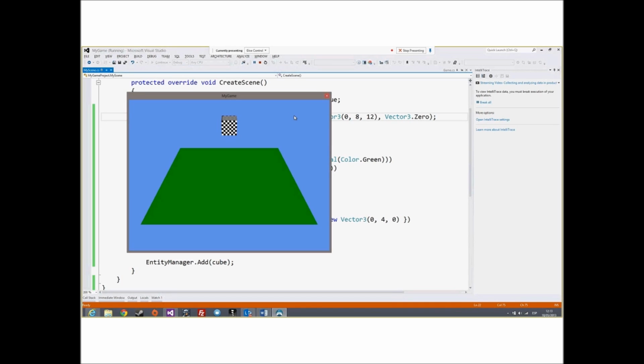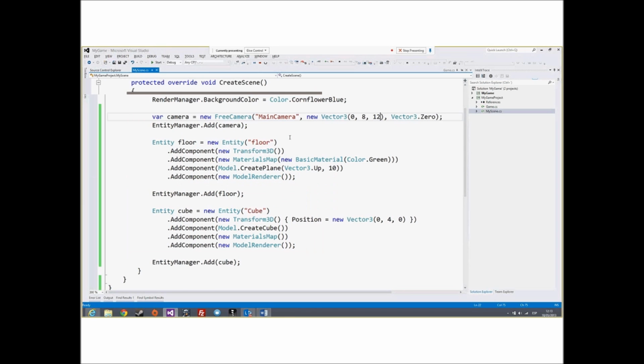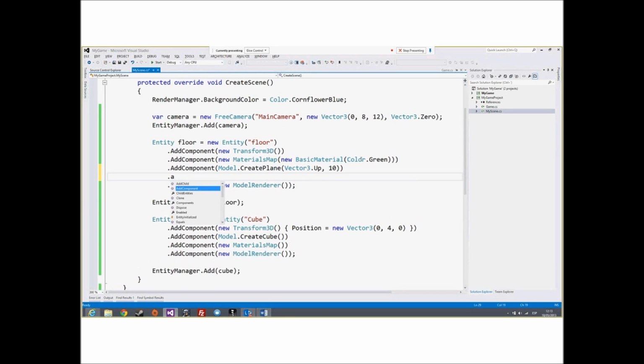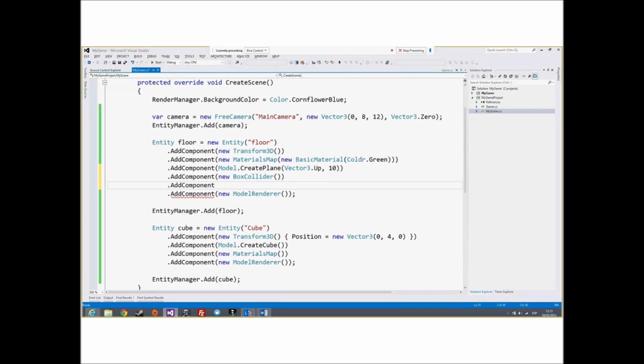Okay, let's add physics behavior to this scene. To do that, we need two more components. We need a box collider that represents a physics model, and we also need a RigidBody3D component, and we need to set kinematic equal to true to indicate that this entity is a static object.